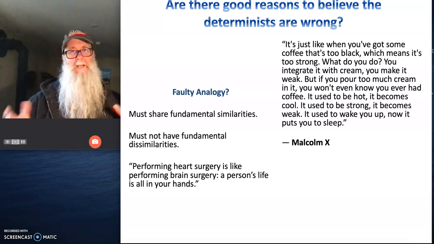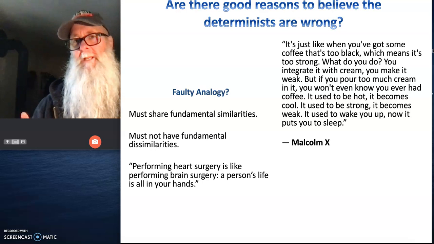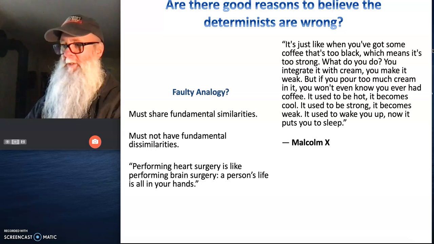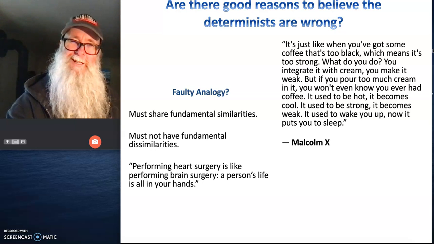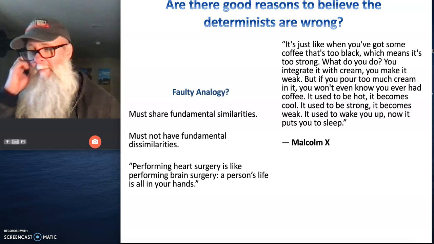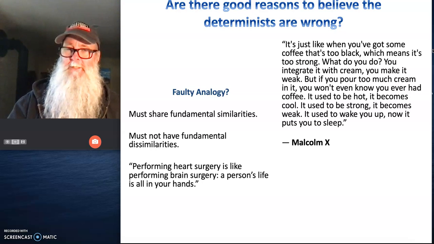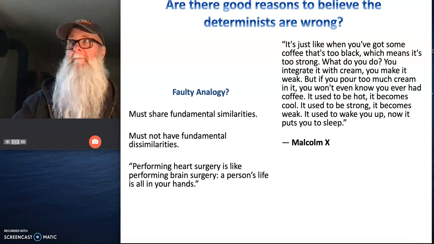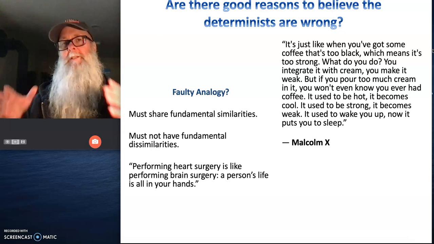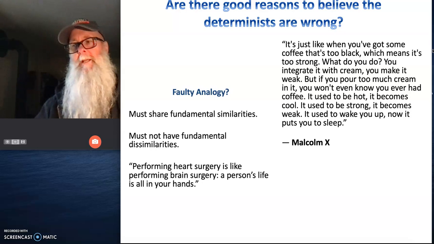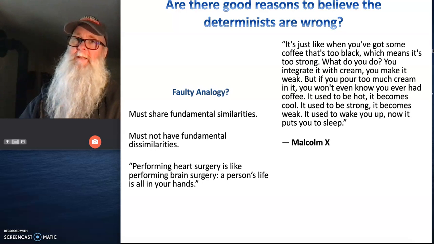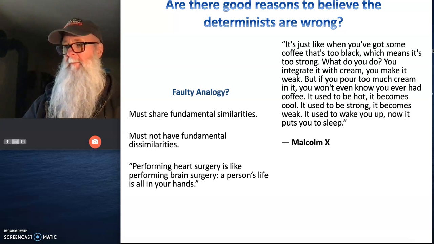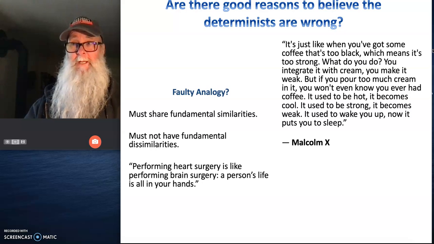In other words, anytime you make an argument by analogy, you're always in risky territory, because you're arguing about what must be true for one thing based on what's true for something else. You're not actually arguing about the thing that's at issue. But you can do that as long as the two things being analogized share very fundamental similarities. And what I mean by fundamental is they have to have properties that are directly relevant to the question at hand that are similar. And they can't have any fundamental dissimilarities. In other words, there can't be something about them that's really important to the question at hand that's very different.